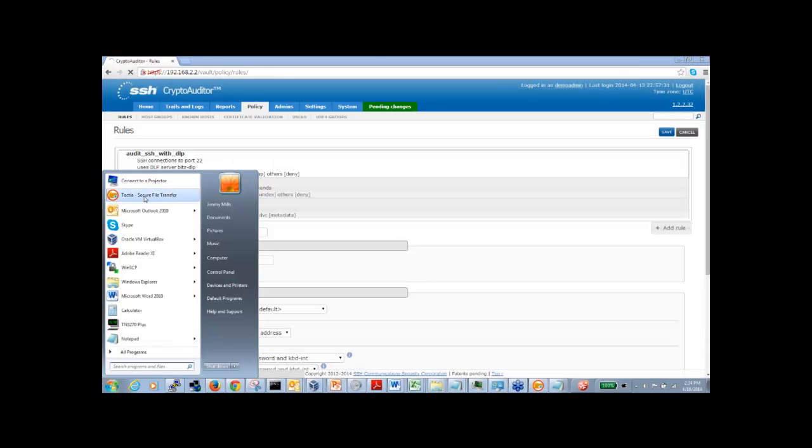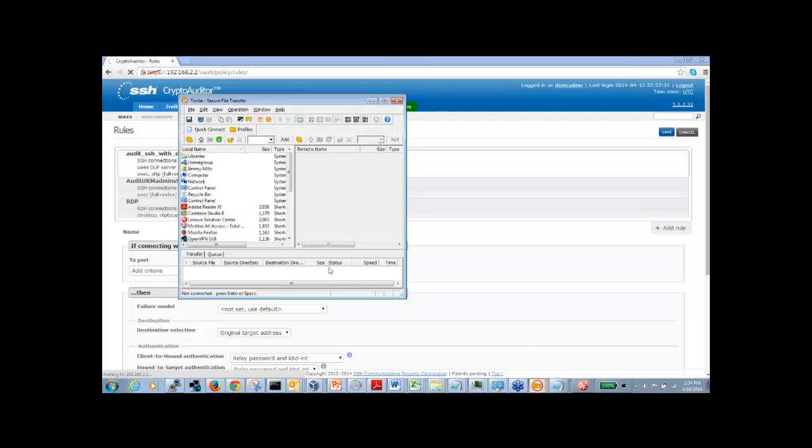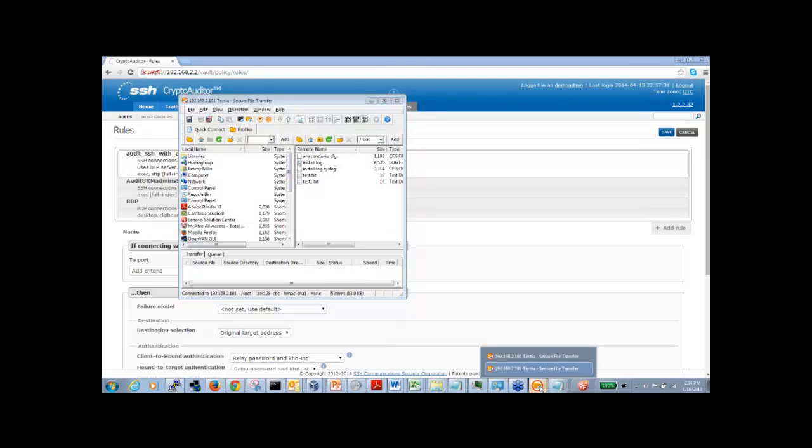Now if I come back in, I'm going to do the test2 file in this scenario. So I'm going to reconnect. I think I still have my old connection open.